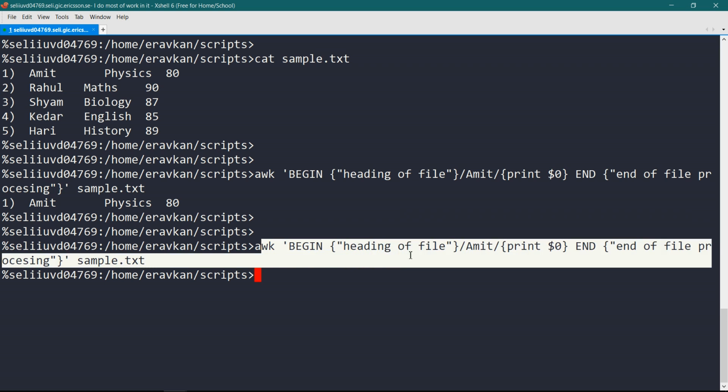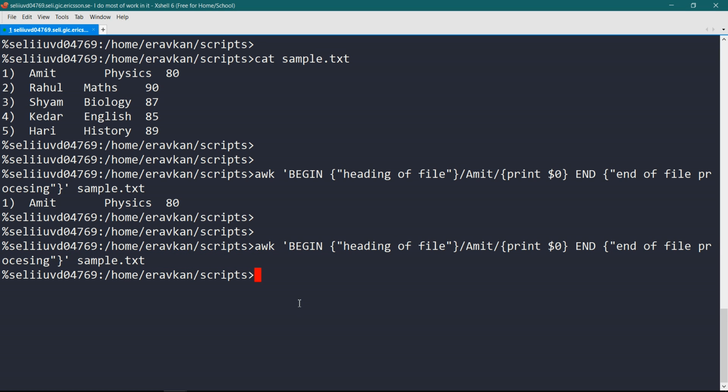You can do one more thing. Suppose you are going to write a very big line here, then you can split your awk program into multiple lines. For example, I can write BEGIN, print header of file, then I use this backslash symbol.